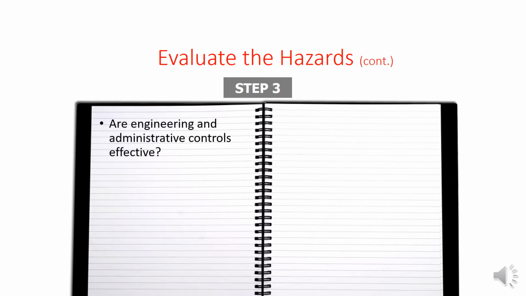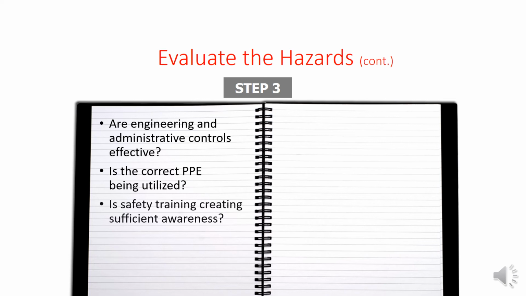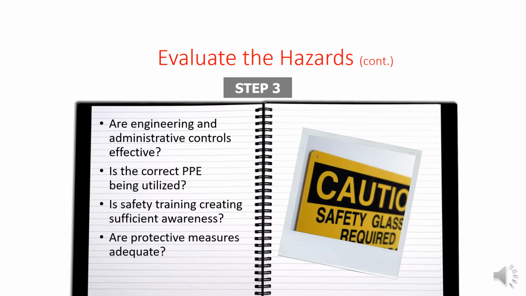Now, this is where we need to understand what equipment we are dealing with. Is the personal protective equipment being utilized optimally? Are we using it as and when required, or are we abusing it, using the same PPE kit which might lose its effectiveness over continuous usage? Safety training, is there sufficient awareness being created among the staff? Now, these are the things that need to be talked about. Are our protective measures adequate, whether safety glasses are there, whether boots have been given out, whether helmets have been given out, whether